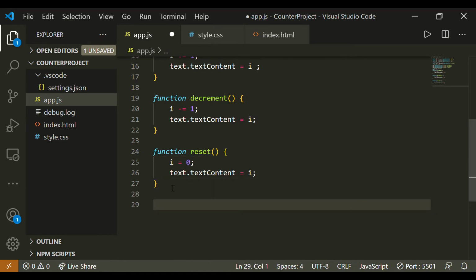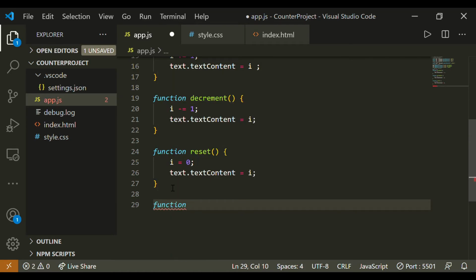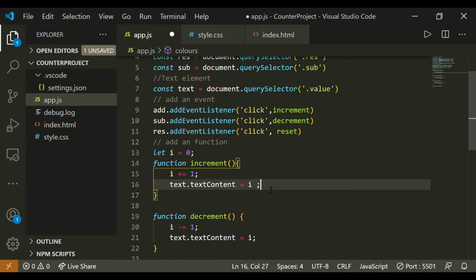So to do that, we will be creating one more function, which is known as function colors. Colors is the function name, and we will be calling this function in every function.